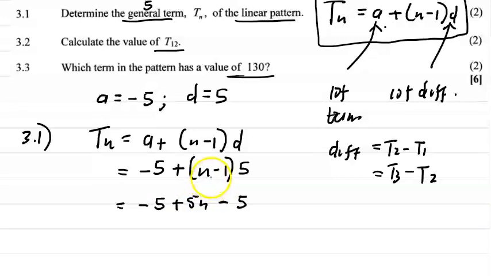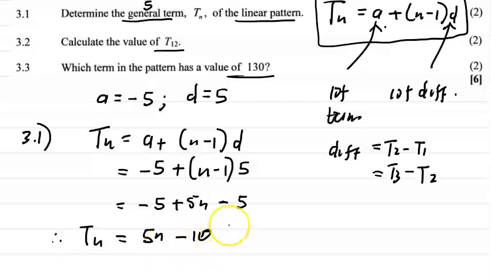So as you can see now, we got minus 5 plus, we open the brackets here, 5 times n is 5n, and we got 5 times minus 1 is minus 5. And minus 5 and minus 5 is minus 10. So therefore Tn is equal to